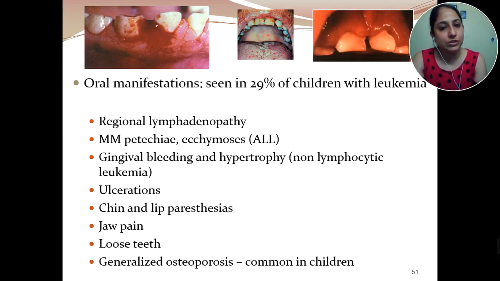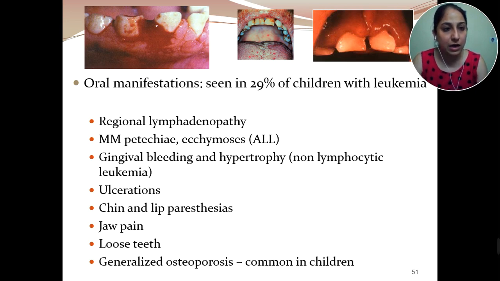Oral manifestations are seen in 29% of the children with leukemia, and these include regional lymphadenopathy, mucous membrane petechiae or ecchymosis, gingival bleeding and hypertrophy, ulcerations, chin and lip paresthesias, jaw pain, loose teeth and generalized osteoporosis, which is common in children. Now if we see what is the reason for chin and lip paresthesias, because the bone marrow is